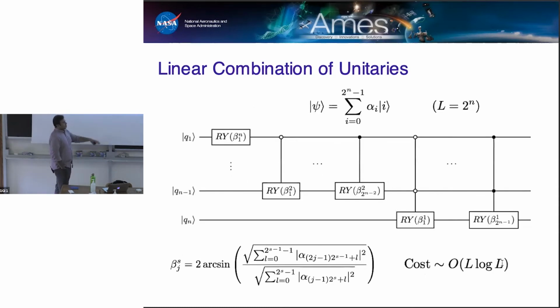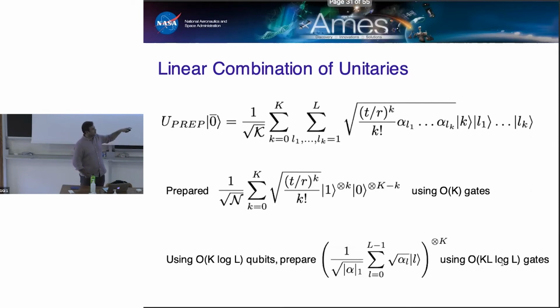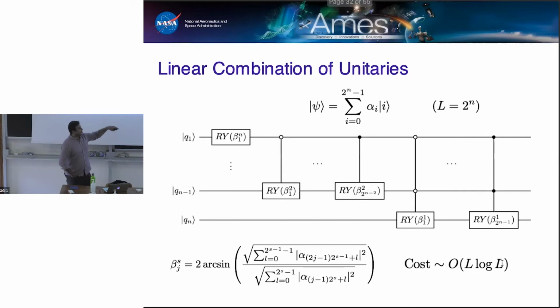So the way that it works roughly is as follows. It's this general method that is often referred to as uniformly controlled rotations. In circuit form, it looks kind of like this, where the amplitudes, alphas, are real. I've sort of overloaded notation over here. So these alpha i's are now assumed to absolute square to 1, which is slightly different from the alphas of the previous slide. But basically, if you have some state psi with some real amplitudes that are given by those alphas, then you can figure out via this formula what those rotation angles have to be.